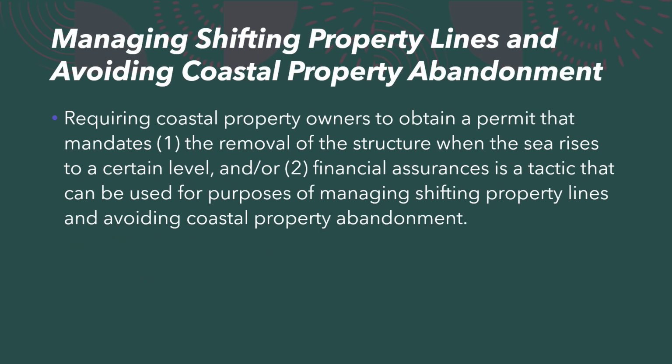Considering how a determination of property ownership will place the responsibility for relocating, rehabilitating, or demolishing an abandoned or uninhabited coastal structure onto most likely the property owner, as well as the costs of relocating, rehabilitating, or demolishing said structure, it is important for the Rhode Island Climate Resilience Learning Network to understand that there are several tactics that can be used for purposes of managing shifting property lines and avoiding coastal property abandonment. First, requiring coastal property owners to obtain a permit that mandates the removal of the structure when the sea rises to a certain level is one tactic that can be used for purposes of managing shifting property lines and avoiding